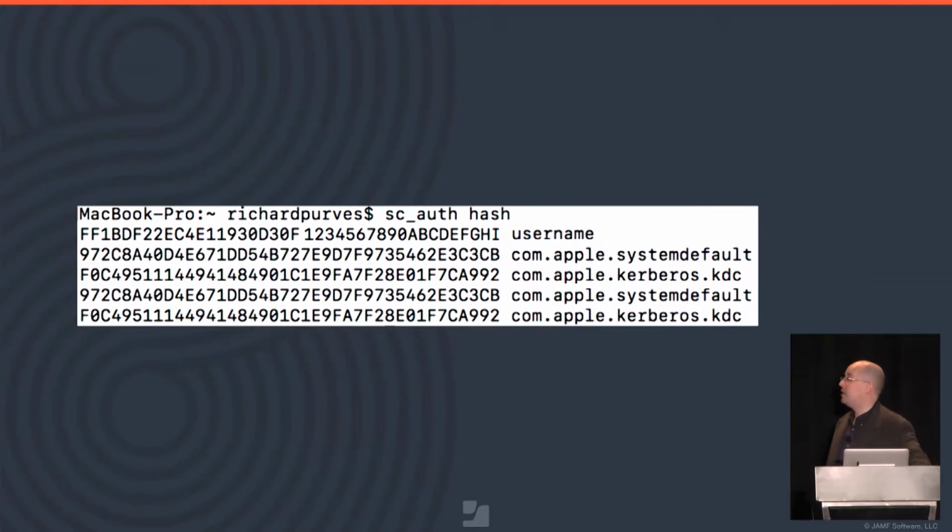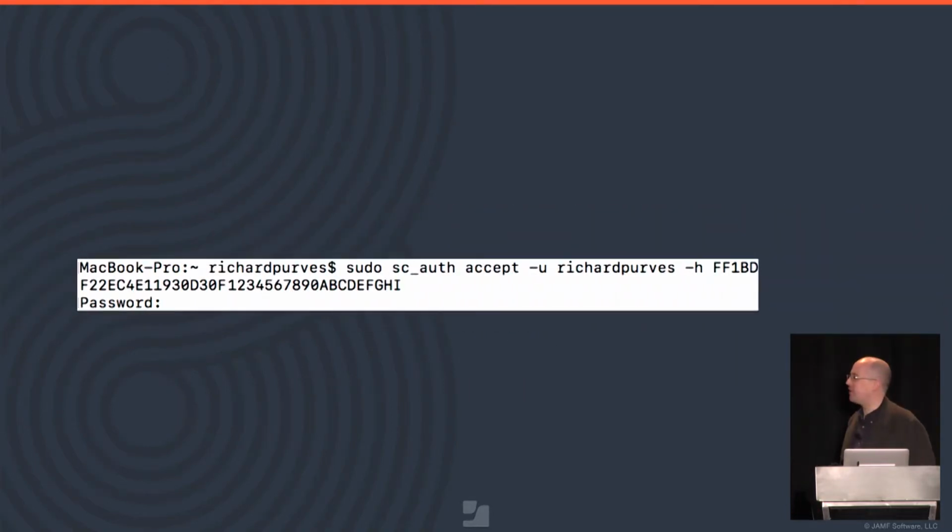So when you actually run it, it looks a bit like this. When you run scauth hash, you will get a bunch of internal Apple stuff, but you'll also, usually as the top line, get the hash of what's on the card. And by the way, I have obfuscated this stuff because anyone who knows hex knows that hex does not go up to I. So after that, you get the general principle. You have to run scauth accept as sudo, because otherwise it will not have the appropriate rights to make changes to the DSCL backend database. You give it my username, you give it that hash, it wants an admin password,